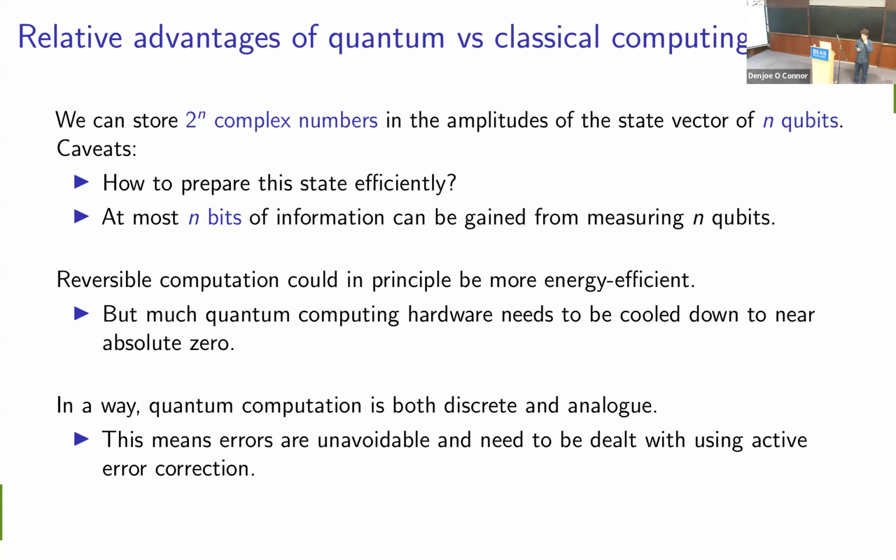So that's one reason. One system that is intrinsically two-level is something like the polarization of a photon. But then, if we want to generate photons and measure photons, the photon counters certainly need to be cooled quite a lot to really give us single photon counts. Thank you. Thanks for the question. So that all means that for quantum computation, there are a lot of questions to be resolved if we want to make it work.